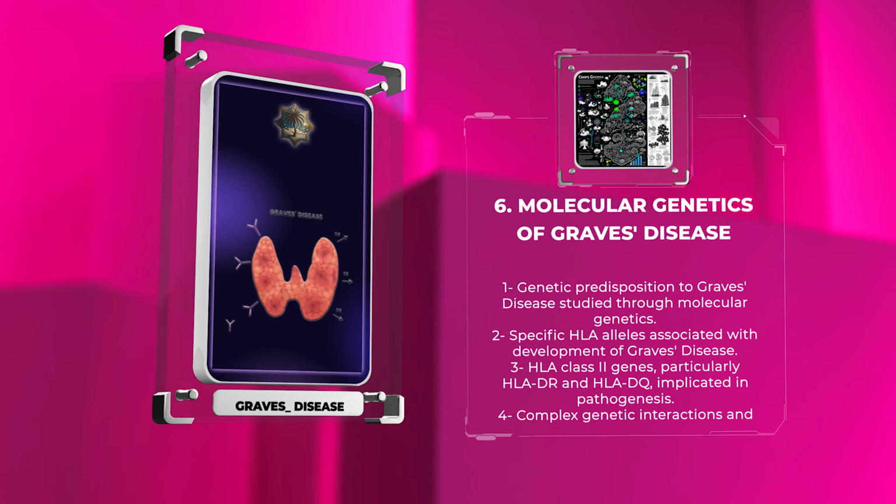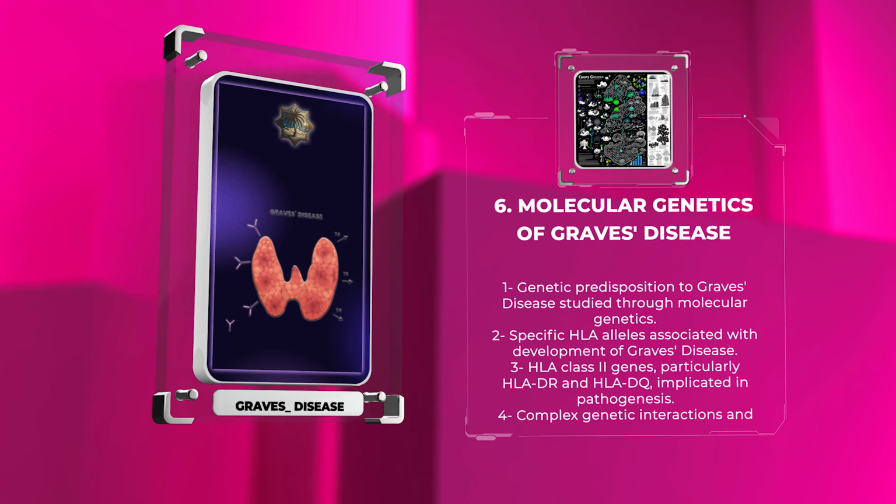Managing Graves' disease during pregnancy and lactation presents unique challenges. Antithyroid medications, such as propylthiouracil, PTU, and methimazole, MMI, are commonly employed to control thyroid hormone levels in pregnant women with Graves' disease. Careful monitoring of thyroid function, fetal well-being, and potential risks to the mother and baby is crucial to ensure optimal outcomes. Additionally, radioactive iodine and thyroid surgery should be avoided during pregnancy due to their potential adverse effects.